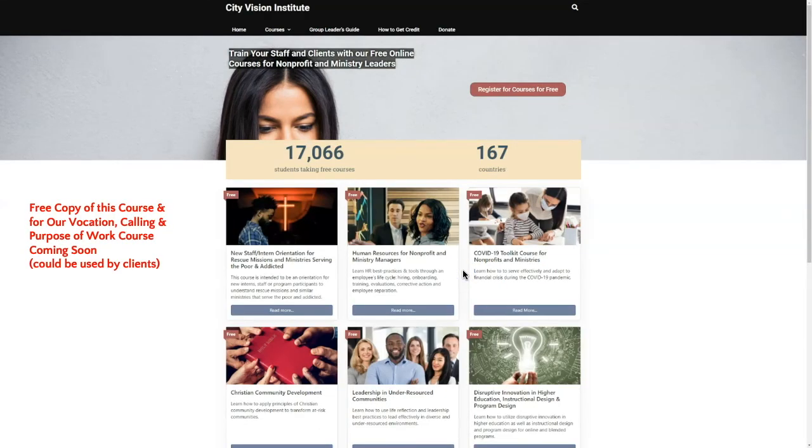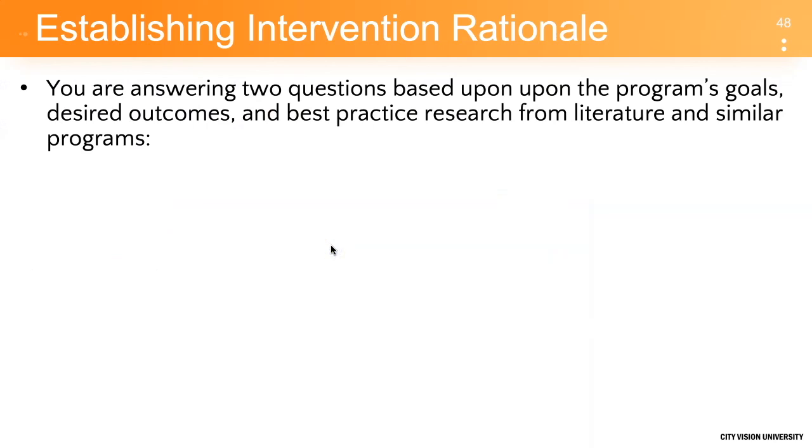And then we have the City Vision Institute. Very similar. These courses are free as well. And some of these can be converted over to college credit. So if you get people that are within a program, they're higher level, for instance, they may be on their way out the door, they're graduating, you may wish to look at one of these programs, or educational programs within City Vision Institute. So don't reinvent the wheel, by all means. All right, so that is identifying all the best practices